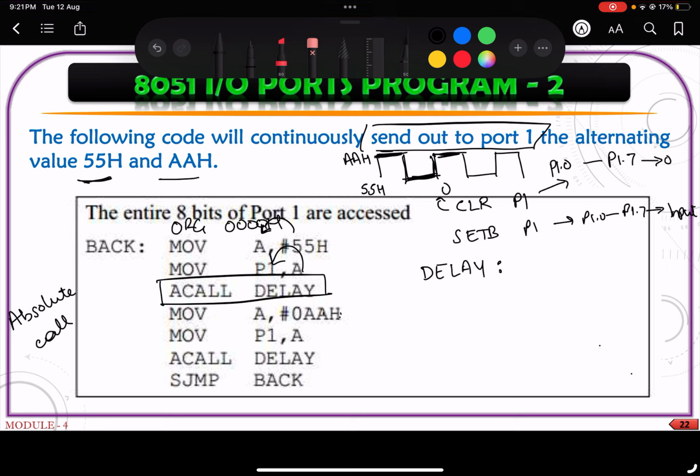We will look at this in depth when we go into timers, but for now let's write a simple delay function. We can use the register R1. By the way, there's R0 to R7, which are registers where you can store 8-bit values. So we will write MOV R1, #255, or anything basically, #55H, let's just do that, or any value, basically any value. And once we move that, we will write